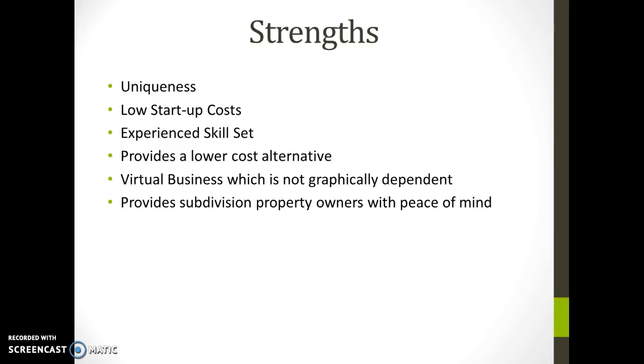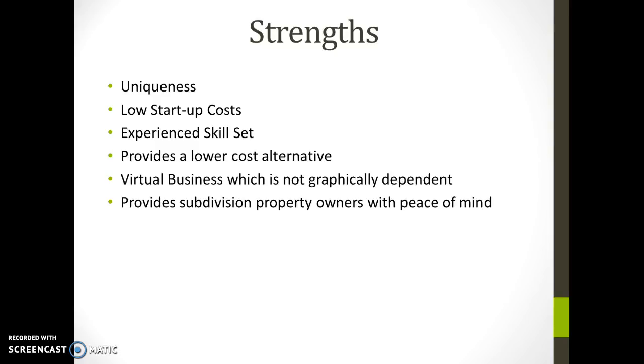The service does provide a low-cost alternative. Generally, you would go to an attorney to do this. Attorneys in Western North Carolina for this type of service would generally charge about $250 an hour. It could be, or the way we did our Signature Ridge POA was, a virtual business. You can file your articles with the Secretary of State through internet or by mail, and our homeowners association meetings are conducted via conference call.